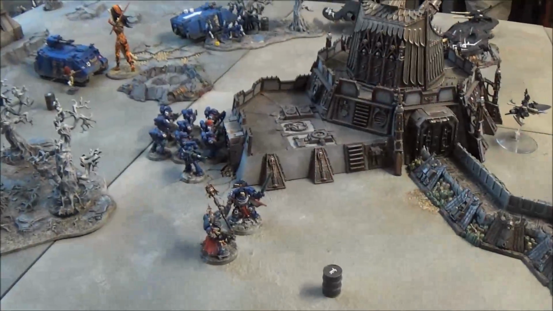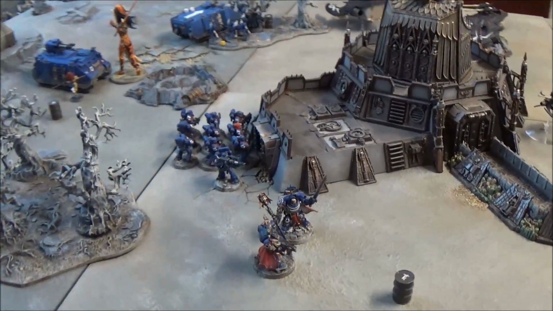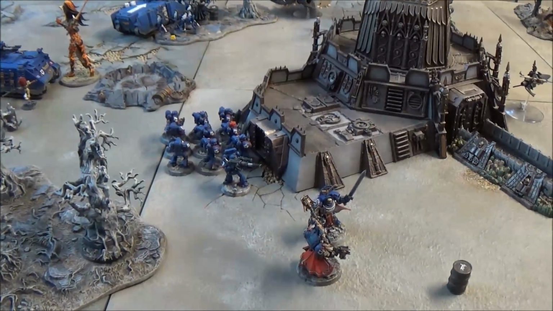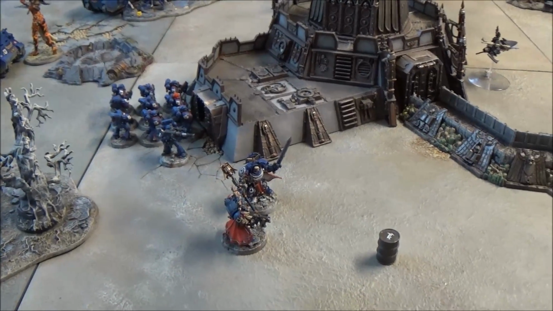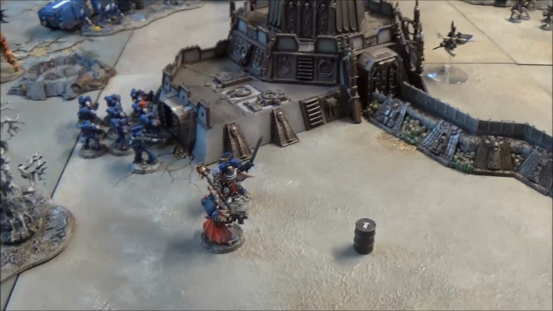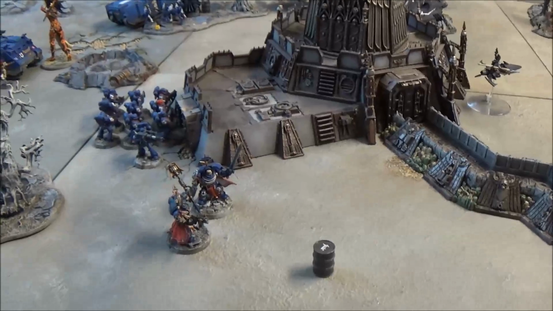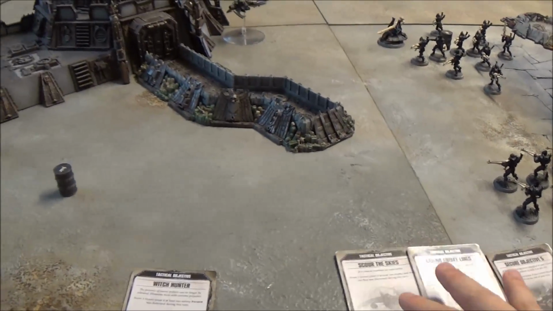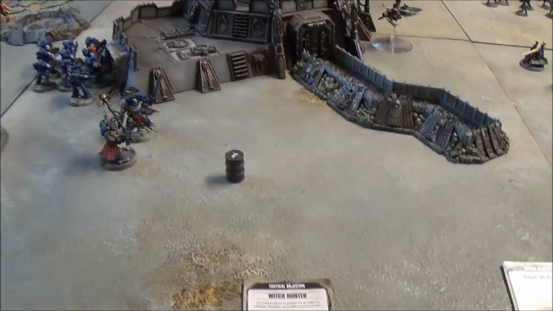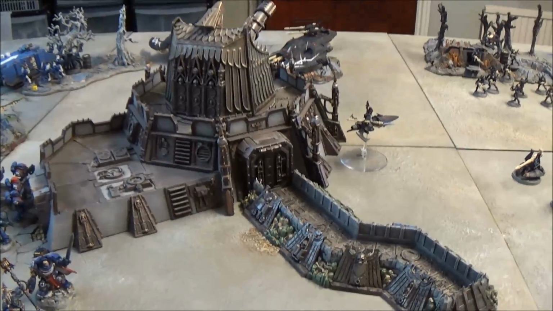Alright, we're just about to go on to Ultramarines' turn there, but the Ultramarines have decided to pack it up and call it a day there. They're not within 3 inches of this objective, just couldn't get there because Terminators only moved 5, so it wasn't quite enough to get there. And I thought they were ahead on points, but they've only got 3 points. They had Secure Objective 5 behind enemy lines and Scour the Skies. The only one they've got still in play is Witch Hunter, and I don't think they're going to be enough